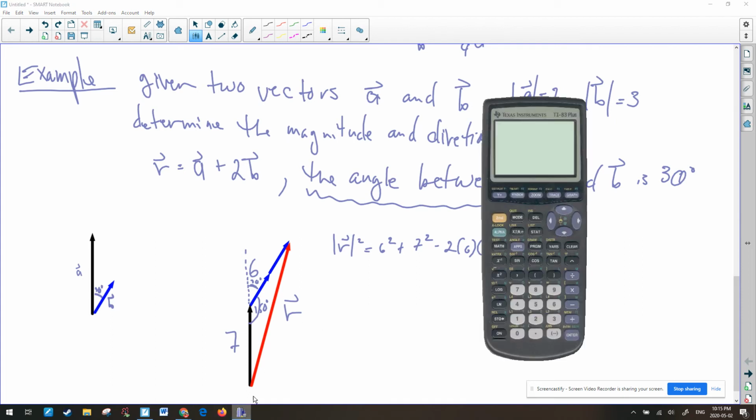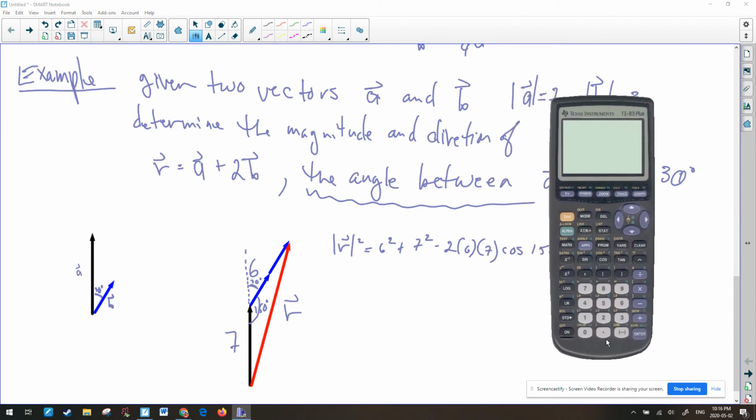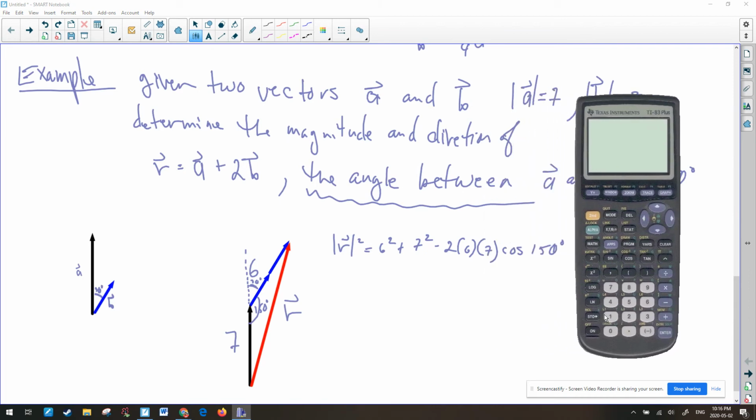Cosine law. Now, I think probably everything from now up until the end of the year, and including the end of the year, is going to be open book. I kind of think it pretty much has to be. Under normal circumstances, I would absolutely not on a test be giving you the cosine law. By this juncture, you sure as shooting should know it. But I'm going to go and calculate this. I'm going to have to make sure that my calculator is in degrees, because I'm doing this in degrees,